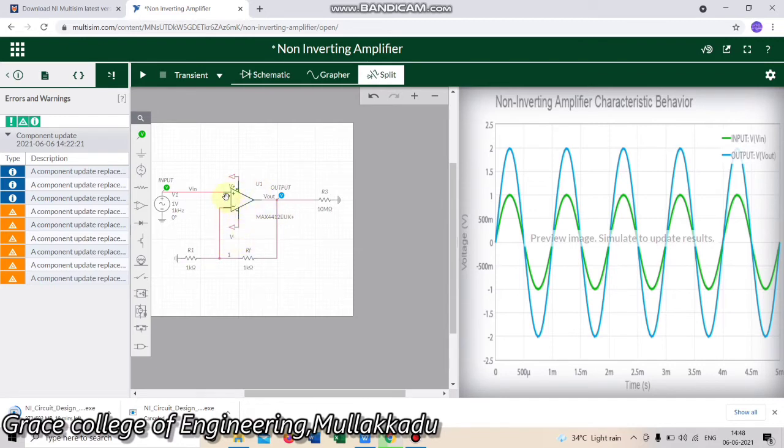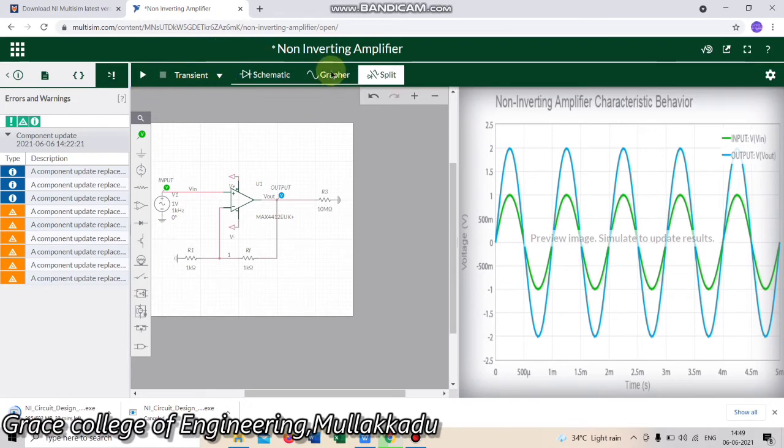This is an operational amplifier. Terminal 2, the plus, is the non-inverting input, so we are giving the non-inverting input to this positive terminal of the operational amplifier. The negative terminal is connected with the resistance R1 and it is grounded, and the feedback is taken from the output as RF. Now we are going to take the output here, and we are giving the positive supply to the 14th pin and the negative supply to the 7th pin. Now we are going to simulate and see the output. This is our circuit diagram.